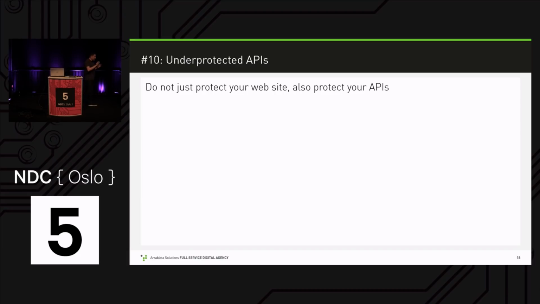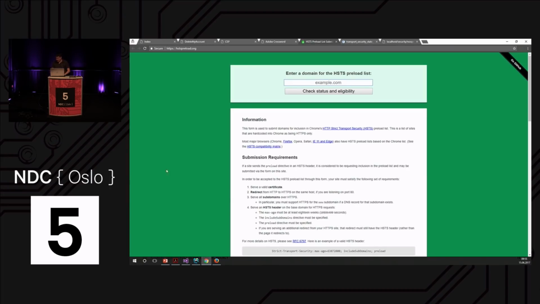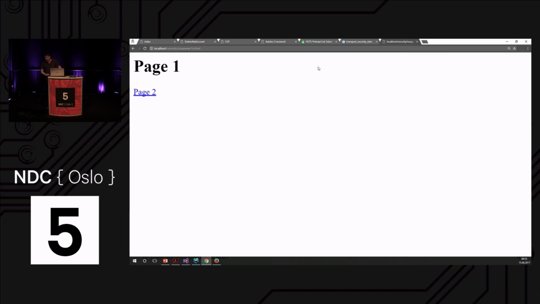One attack that doesn't really fit here, but shows that even after 20 years of JavaScript and after 25 years or even longer of HTML, there's still new attacks that are possible. So I brought one of those attacks for you. What's happening here is this. I have a page here. It's called page 1. Yeah, I know, very creative.